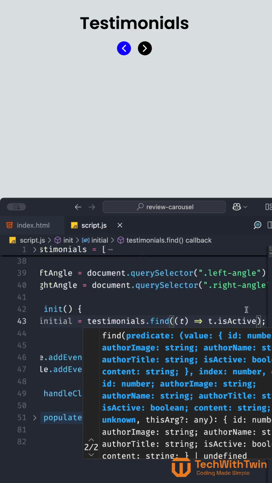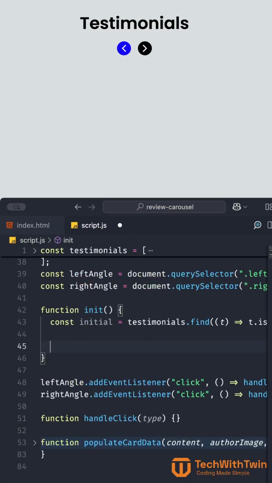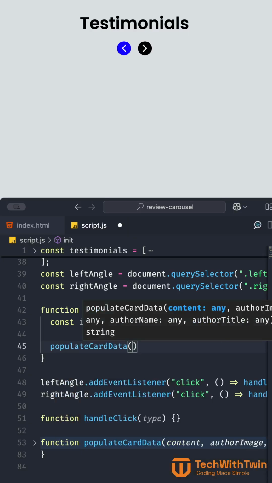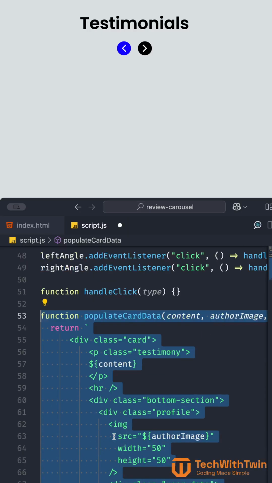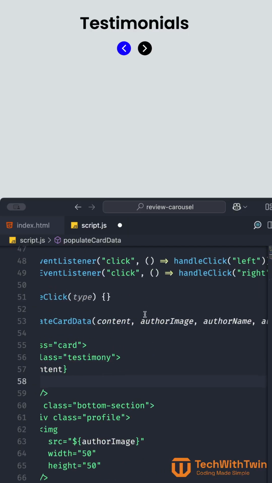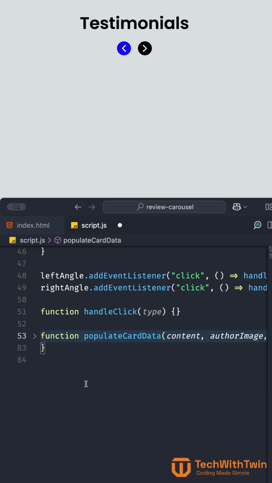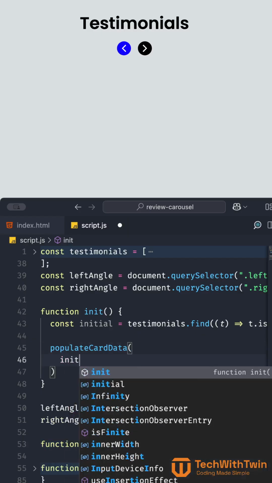So we know there is one of them that is active, so we don't care about whether it will not work. And then we call the populate data function. We remember the populate data function, whose job is to return a card with dynamic data that was passed as arguments, other name, content. It returns just the HTML card. All right. So we call the populate data and then give it initial